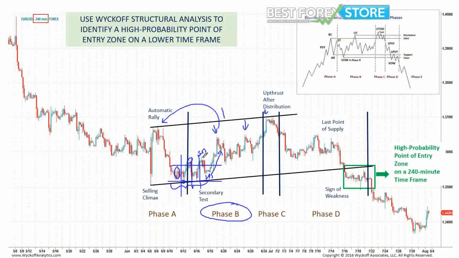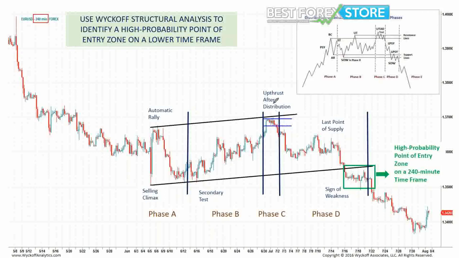And then once we experience the sign of strength and LPS, this is where the day trade is going to be much more significant. Again, change of character, consolidation, phase C, and then our bias is going to be to the upside. Now we already established a slope here with these two lows, so this slope is going to lead us to this area right here, and once we see some kind of reversal,